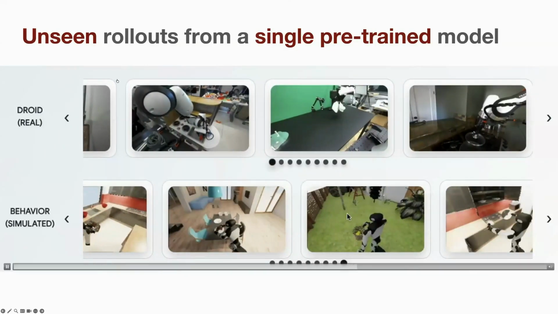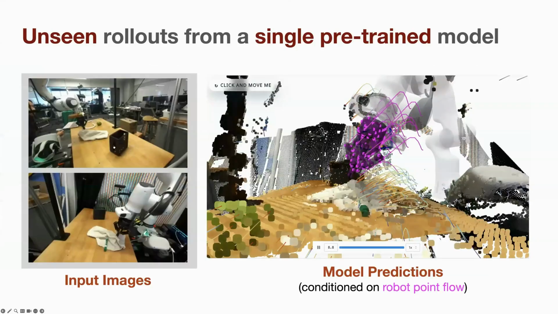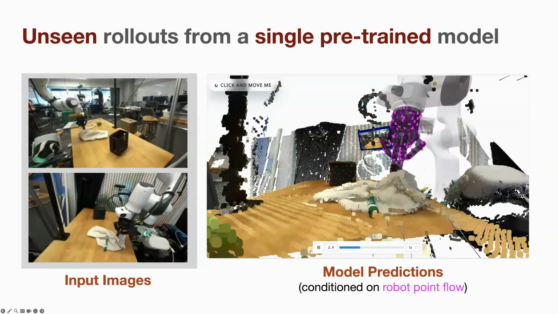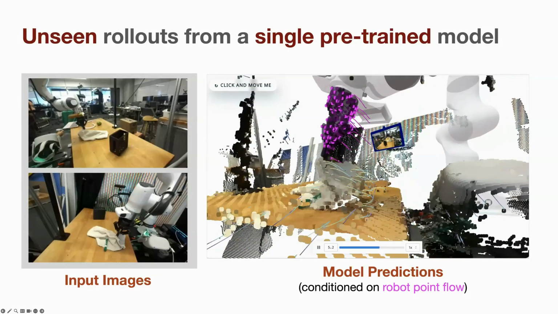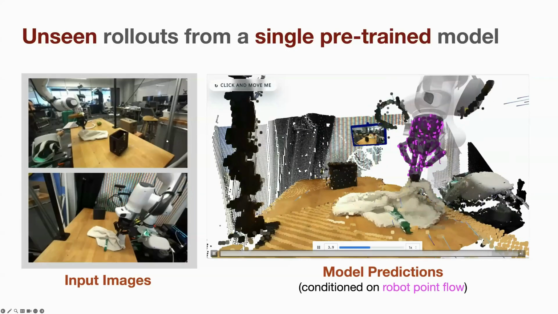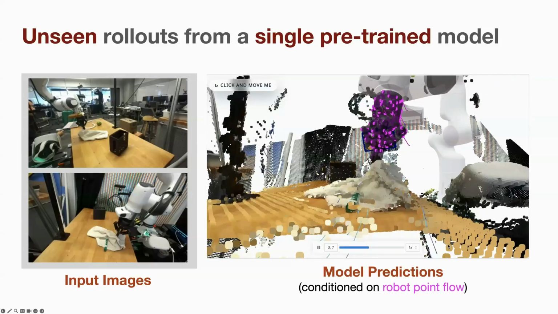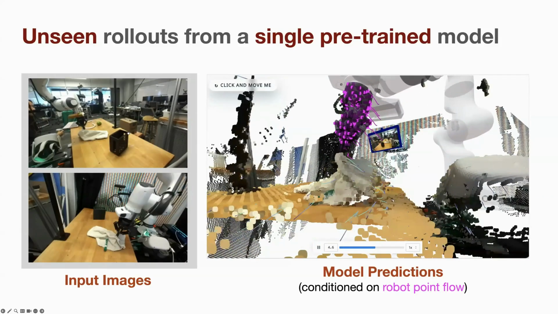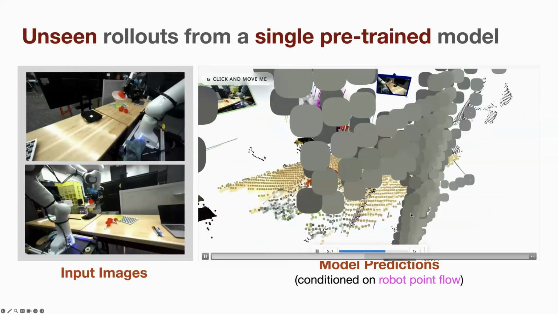So we have many rollouts on the website, so feel free to check them out. Here I'm going to show some of them. All of these rollouts are from a single checkpoint of the model, and all of them are unseen rollouts in the training data. Here, the input is two RGBD images from the side views. This is one sample from Droid. And here, when the robot is moving like this, it needs to estimate how the cloth is getting manipulated. And this is the example I was showing, but with a larger view, with a ball and also an object in the ball.